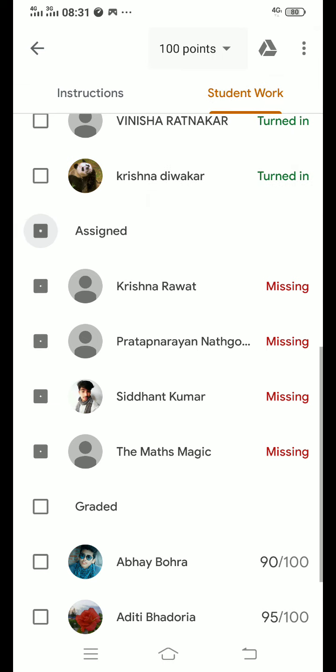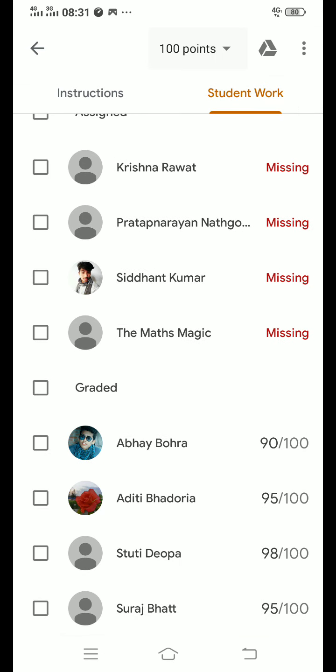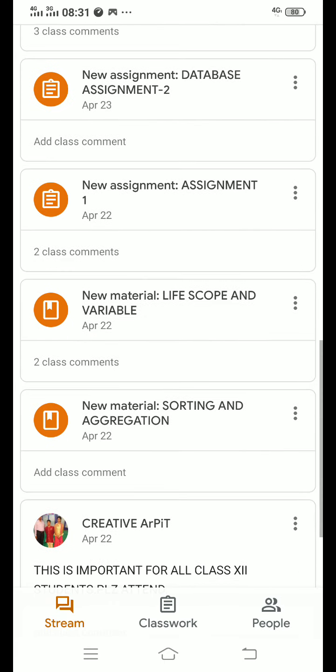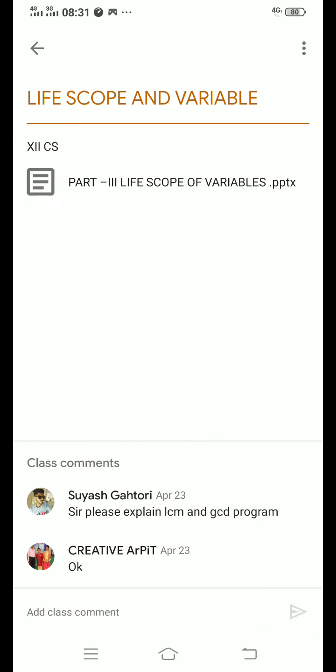So these are possible with the help of Google Classroom. I have already shared a PPT also, on scope of variables. One student asked me to explain LCM and GCD.